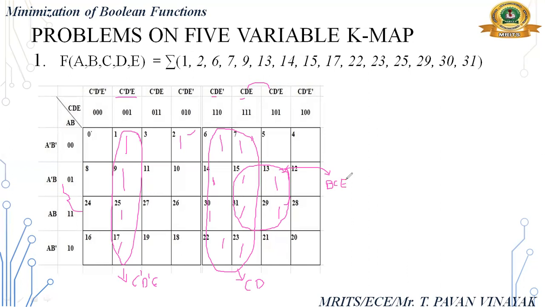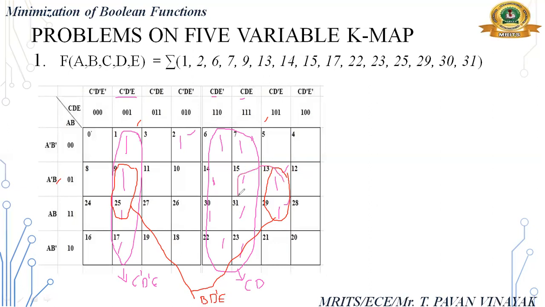Suppose I am not considering this one, BCE. Remember BCE. I am taking the reflection part. I am indicating reflection with another color. So this one and this one we can make as a quad, the reflection part. So what is the reflection part expression? This is reflection. So the common term is B, this column and this column, D bar E, right? This is one expression.